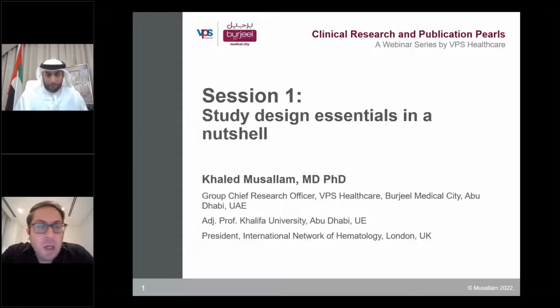But for today specifically, I thought we can start with one of the most important aspects of clinical research, which is study design itself, because study design is at the core of everything you do in a research study. It determines the protocol that you would go for to conduct the study, the type of analysis that you will handle to analyze your data, and even the type of publication you would go for eventually. The concepts behind study design are also very relevant to everything we will talk about in subsequent webinars, because I will keep referring to specific designs in specific analysis or specific aspects of clinical manuscript writing,